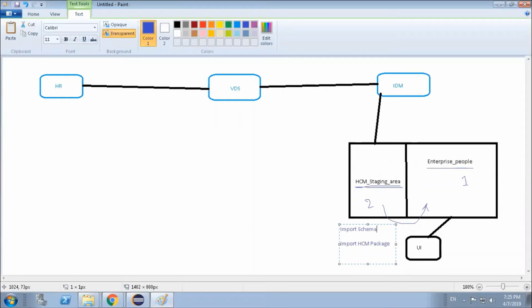So the first thing we have done is create the identity store, then we have imported the schema, and then we have to import the HCM packages.